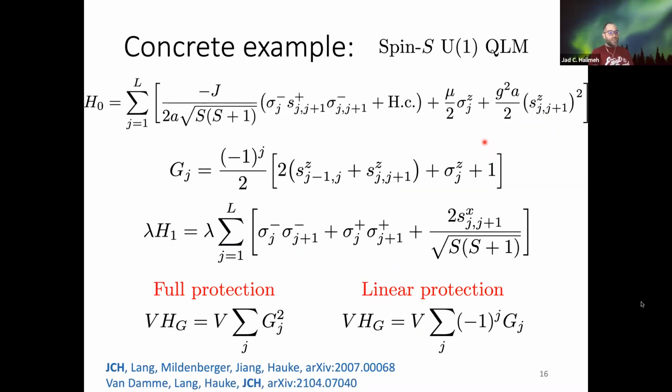Is it easier to implement? Yes, it's absolutely easier to implement. So if you look here, GJ, this is a single body term. When you have GJ squared, then experimentally this becomes harder. So what I would like is something to implement that is at least as hard as H0, as the ideal theory, right? The experimentalist already has a hard time constructing an extended system like this.